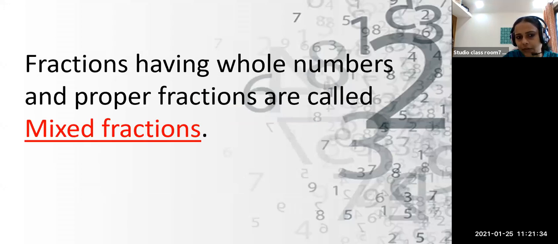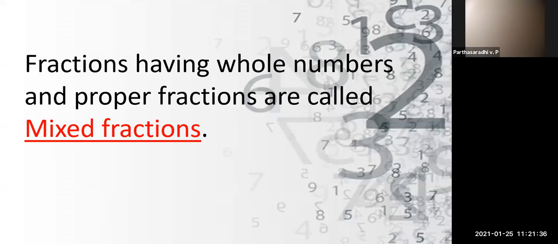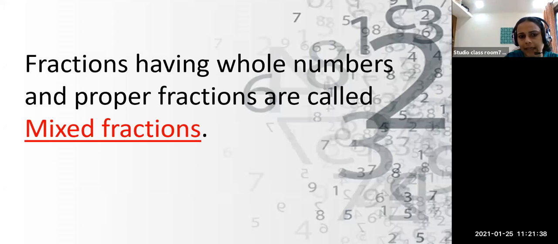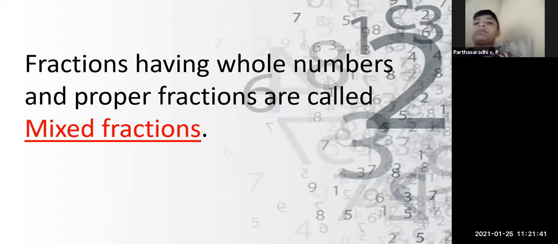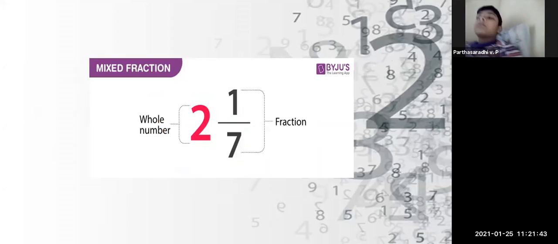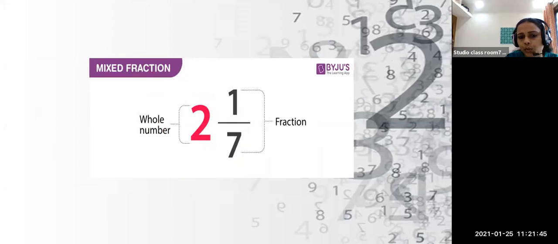Now we learned mixed fraction, fractions having a whole number and a proper fraction. A whole number and a proper fraction is called a mixed fraction. And I show you one example. 2 and, see how we can write this whole number. When we see here, it is 2. This 2 we can write here as a whole number. And 1 by 7, you have to write nearby. That is a proper fraction. So a whole number and one proper fraction, it is called mixed fractions.